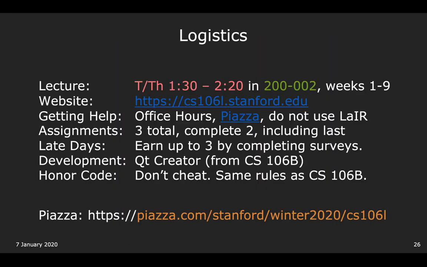Okay, late days. By default, we're not giving any late days, but you can earn up to 3 late days by completing surveys. So we're going to send out a survey. Wait, is there a name field on that survey? Yes. Okay, last quarter we forgot to put a name field. Someone asked, how do you figure out who gets late days? We just know, we read the patterns. So don't worry.